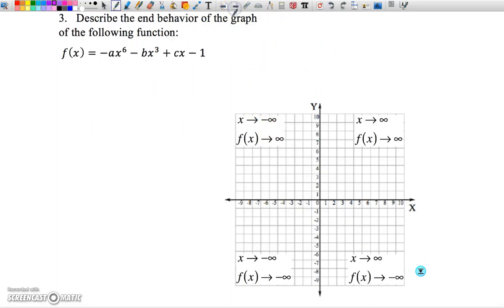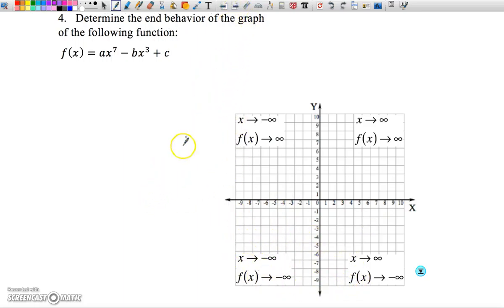All right, number 3, again, you're looking at your index. It's even, which means your ends go the same direction, but this is negative, which means they both go downward, here and here. So here's your end behavior, and you would write that as your answer. And then with number 4, you have an odd index, so they go opposite directions, but it's a positive number, so it's going to start down here and do something in